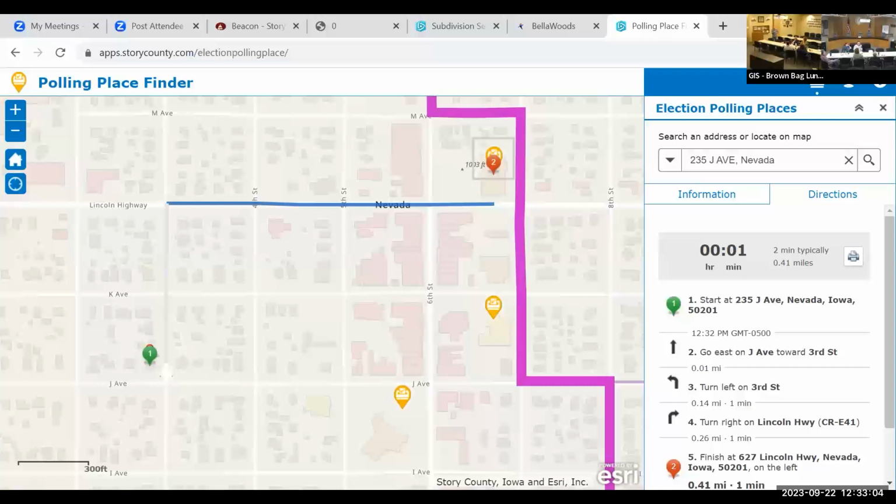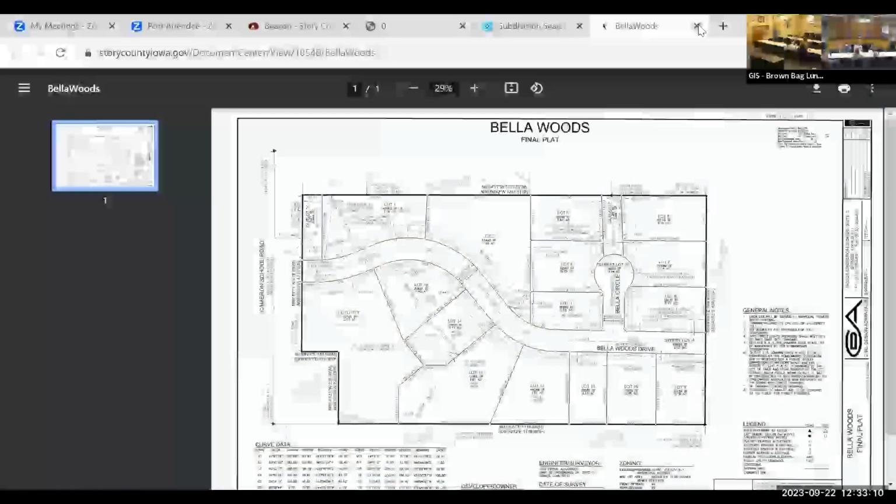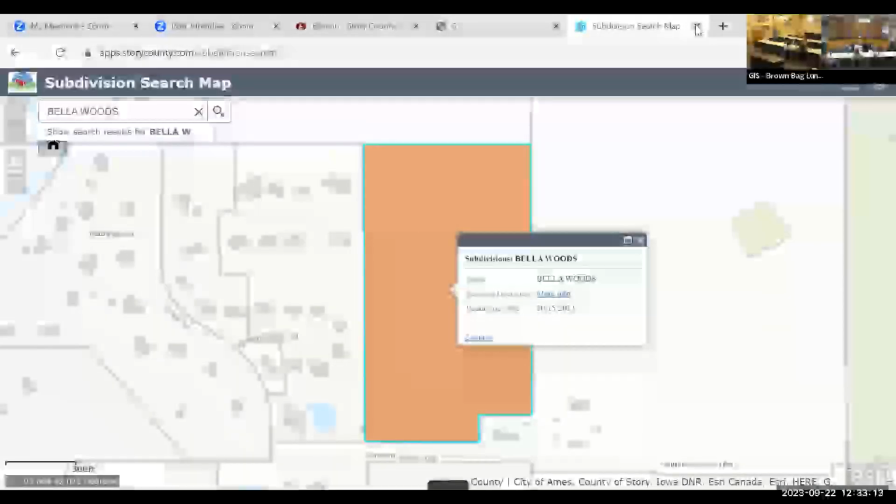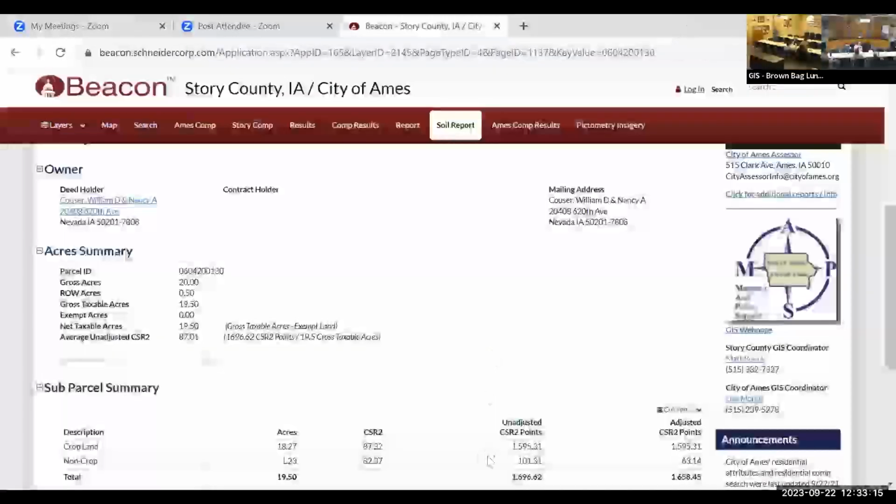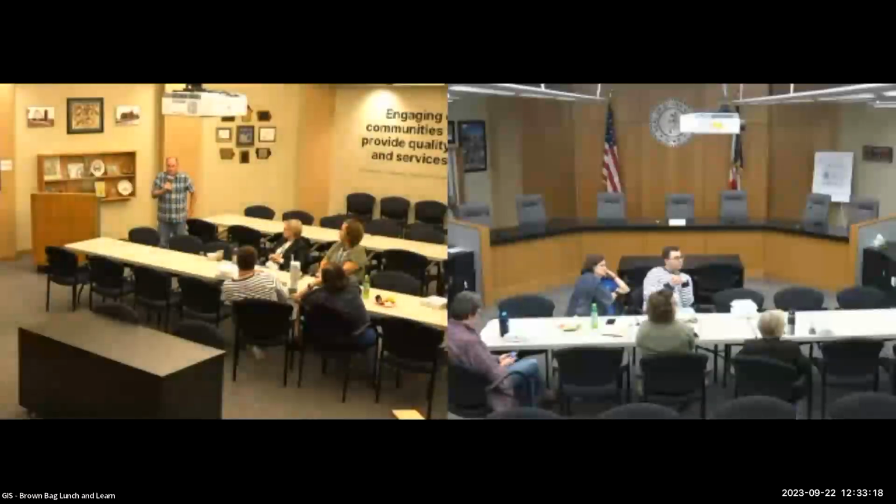So Leanne's question was how many internal users for GIS we have at Story County. I think we have about 25 licenses, and there's probably a handful more that use ArcGIS Online, which is an online aspect of this. I think then everyone uses Beacon, so I don't know. I feel like we have the really heavy users. There's probably at least 25, and then there's many more that use the Beacon website. Maybe everybody does for one purpose or another. I know Dispatch uses it periodically, the Sheriff's Office. Yeah, just every department, I think.